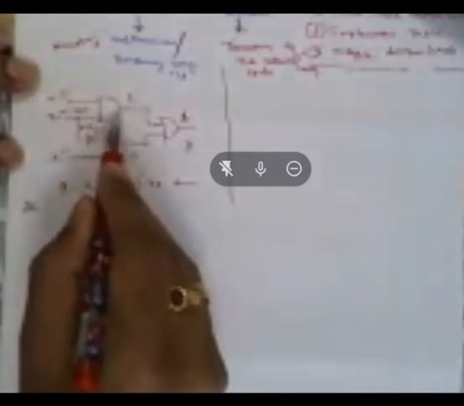Now I make this X2 from 1 to 0, keeping X1 and X3 at 1. Therefore this 1 also will become 0, and then the NOT gate output 0 will become 1. During this time, listen carefully: this 1 is already going into this AND gate, and this 1 is also already going into this AND gate.